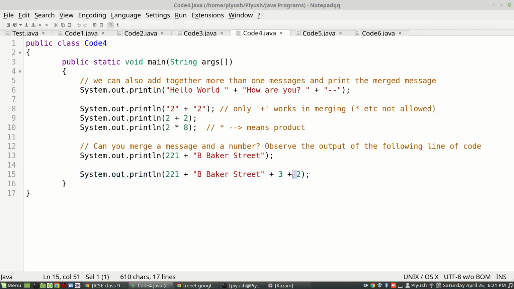In that case, the rules of mathematics will not apply. They will purely stick together and form one single message. That's the behavior. There is no logic behind it. The moment even one single message gets inside, the law of mathematics won't apply there. Only merging will take place. Is this behavior clear to all?